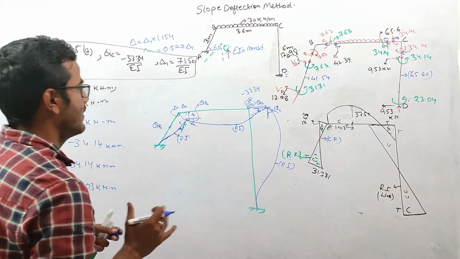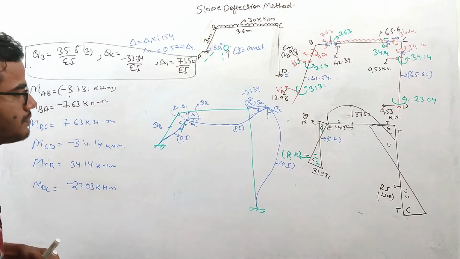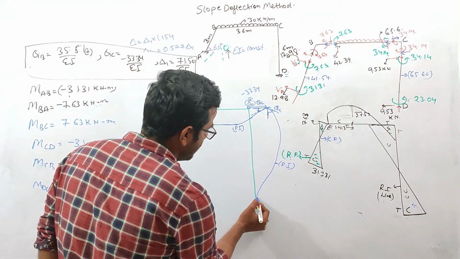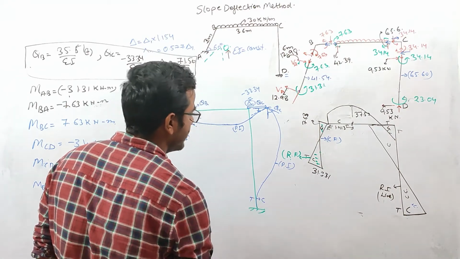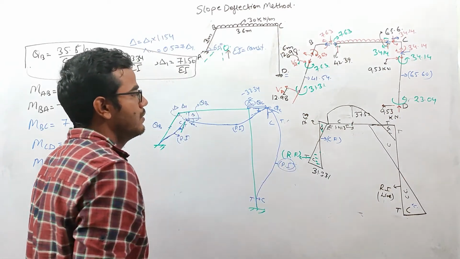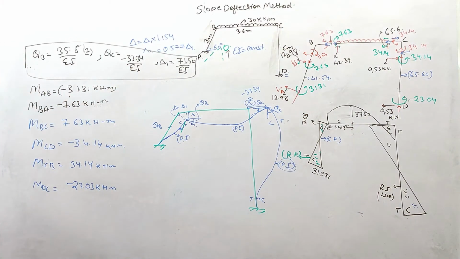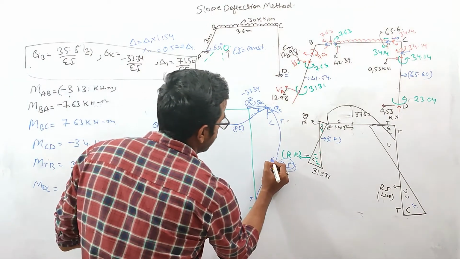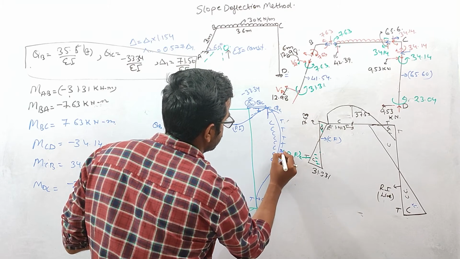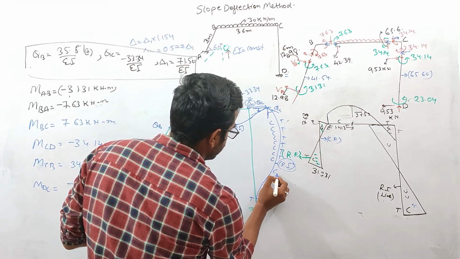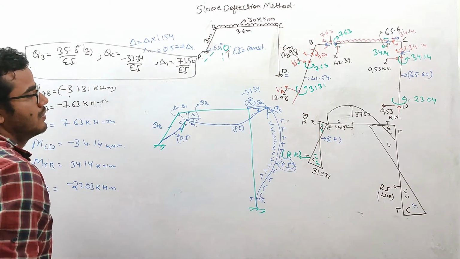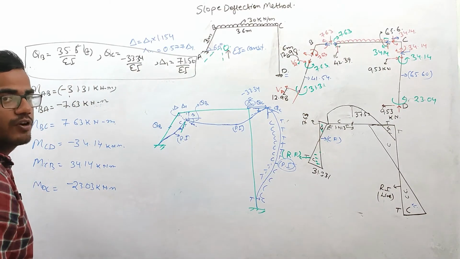So this is your deflection diagram. Here you can see that this ordinate is in compression, so this face is showing compression. This is the compression side, this is the tension side. This is basically the point of inflection, so compression will start from here. This is compression, this is tension. Here it is compression, and this is tension. So this is the deflection diagram for this frame.